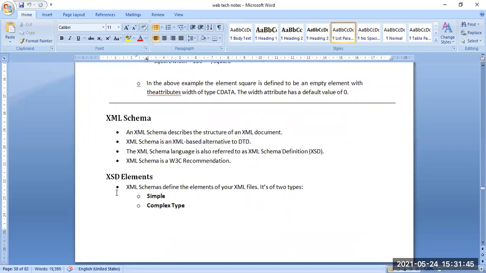Now XML Schema. An XML Schema describes the structure of an XML document.